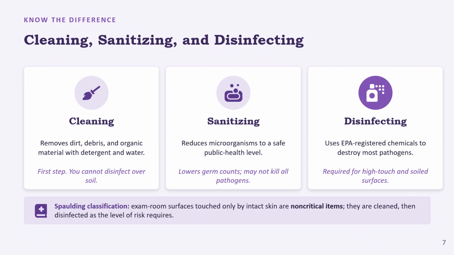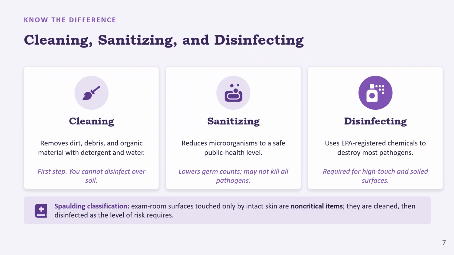These three words, cleaning, sanitizing, and disinfecting, are often used loosely, but they mean different things, and this difference matters. Cleaning physically removes dirt, debris, and organic material using a detergent and water. It's also the first step because you cannot disinfect over soil. Organic material like blood or mucus shields germs from the chemical, so a surface must be clean before disinfecting can